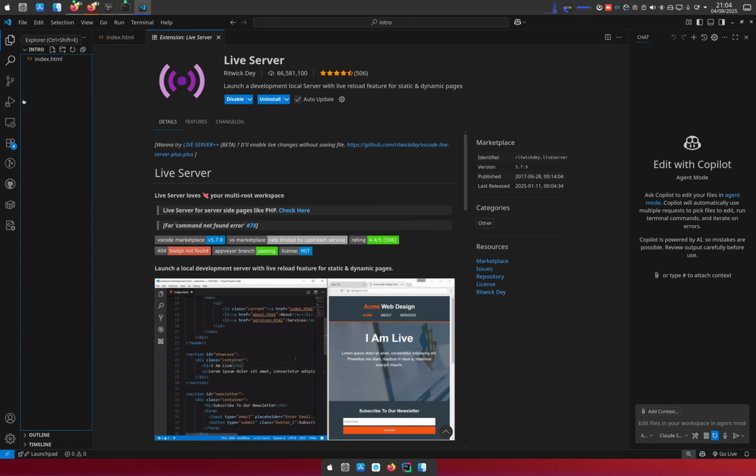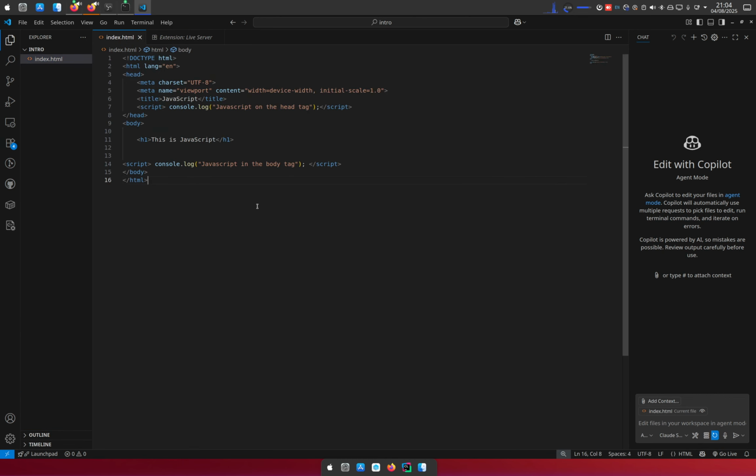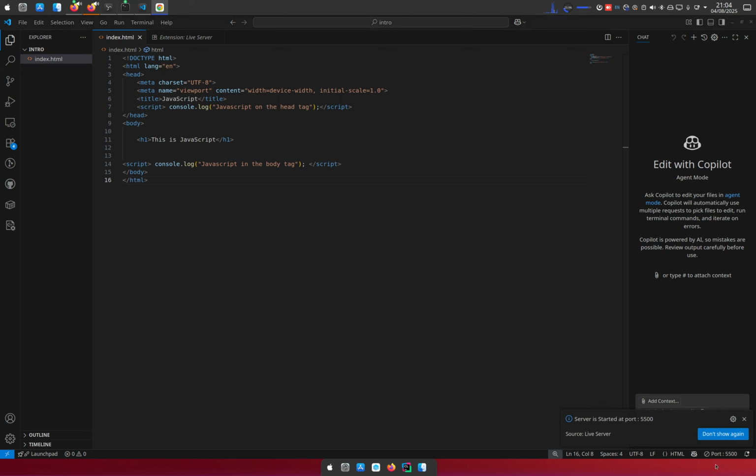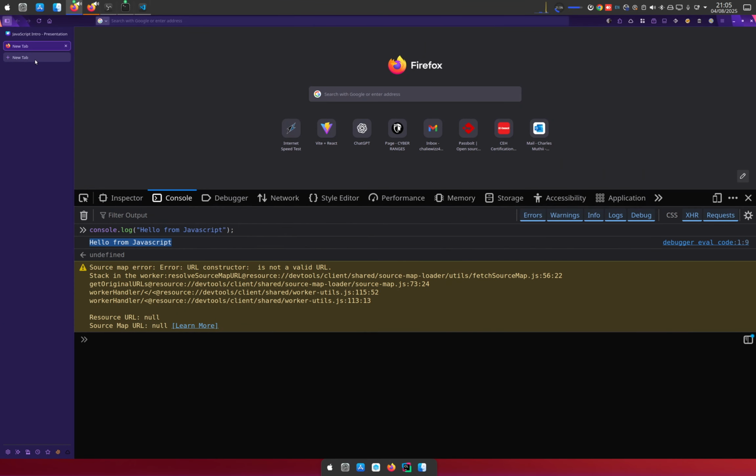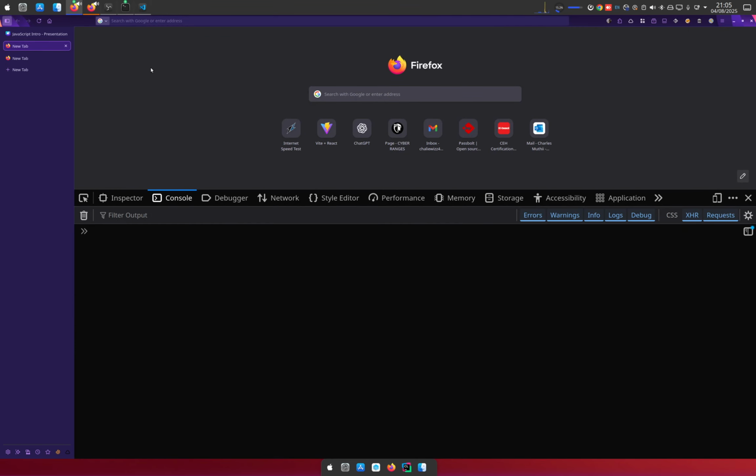So let me go back to my HTML. If I click on this Go Live, it should open the code for me in a browser. But I don't want it to open for me. So instead, I'll click on Go Live and then go back to the page that we had opened, this page, and just clear whatever I have in the logs, and then paste the address of this code.